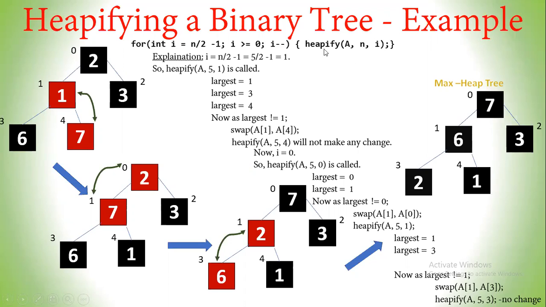So I told you this heapify function is called from the first parent to the last parent to convert a given binary tree into a max heap tree. So this is the first step of heap sort. So for any size, so this is n equal 5. When you call this, the code is only this small, but